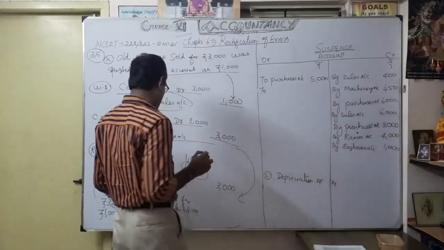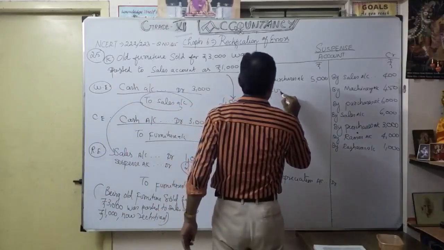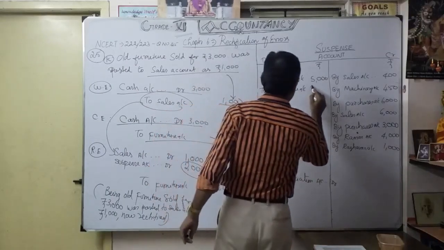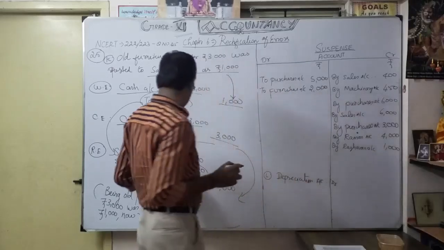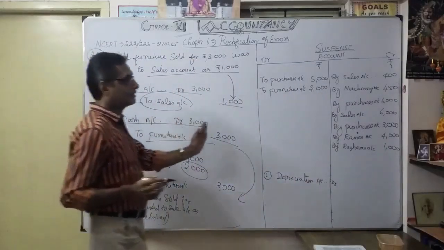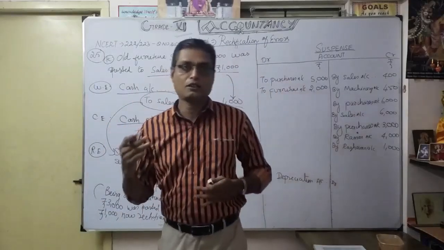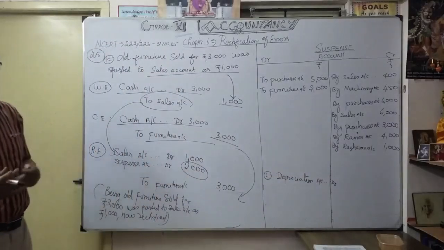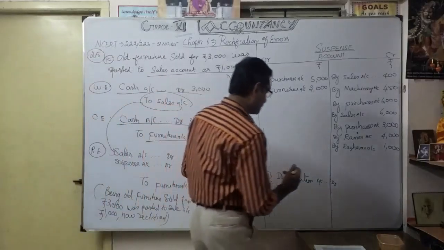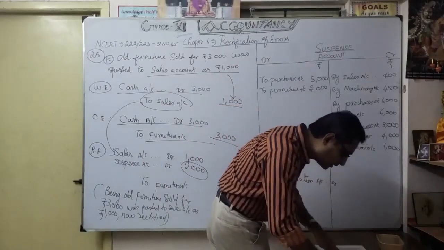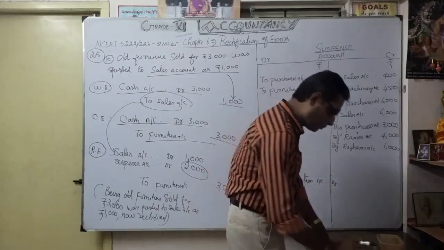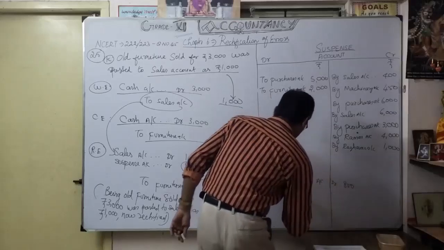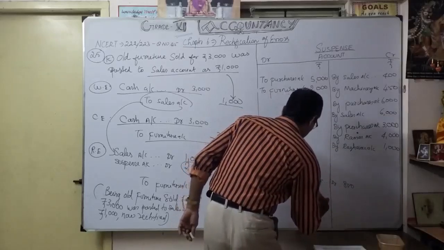Got to write this to furniture account. Suspense account, how much? 2,000. I am going to write it here. Okay. That's what this suspense account is there. So simultaneously we can do it immediately. Otherwise later on also you can do it. But simultaneously do the work, so you can work it out very easily and quickly. Okay. So now depreciation account debtor. What happened? Depreciation provided on furniture 800 was not posted. So now we are going to do depreciation account debtor 800 to furniture account.